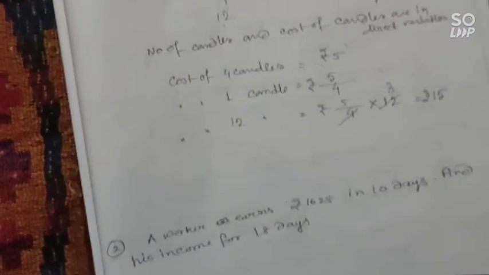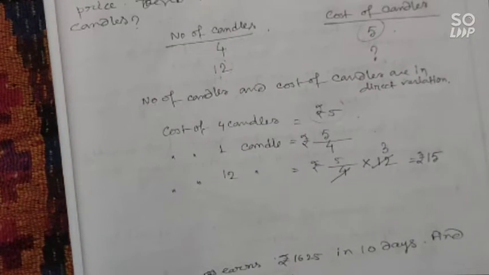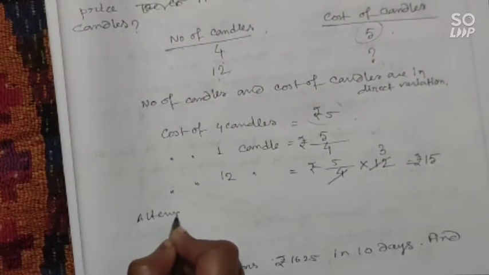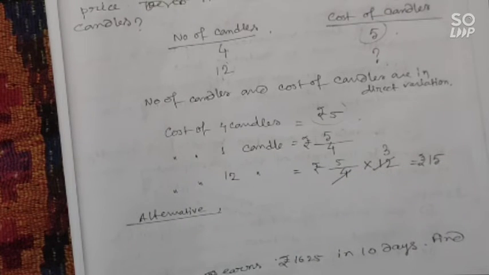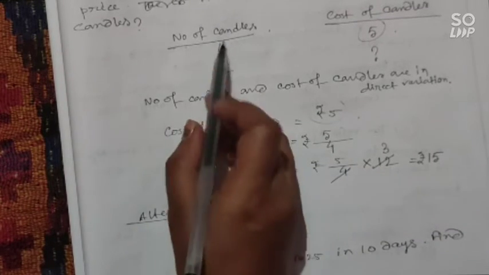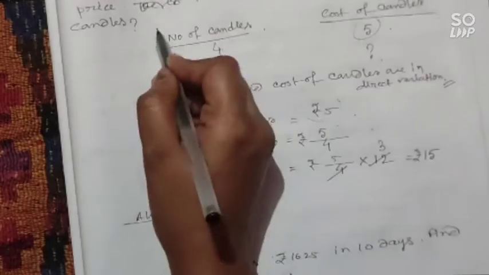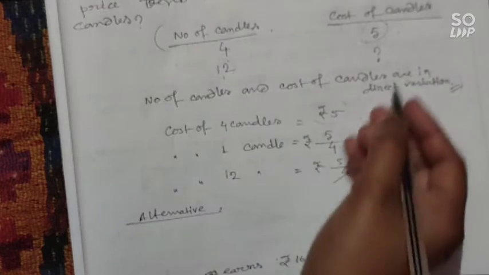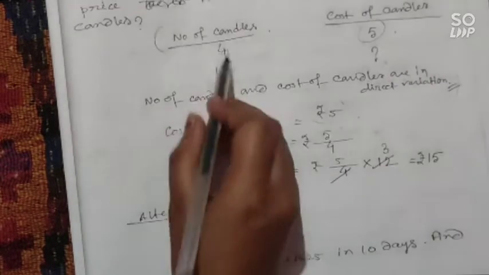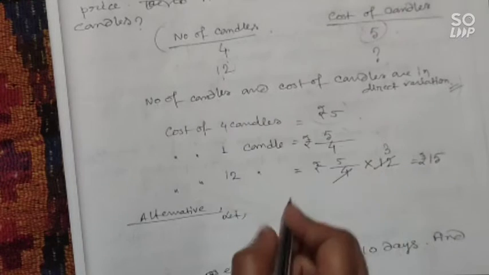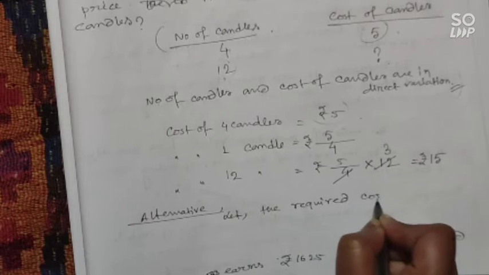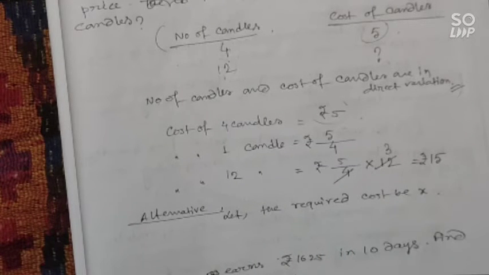I will also tell you an alternative method for solving this problem. First of all, you will make this chart. Then I will tell you an alternative method. If you want to solve the math in another method, then you can use this method. First, you have to continue up to this. এই পর্যন্ত ফার্স্ট করলে এই যে চার্ট করার পরে ডিরেক্ট নাকি ইনভার্স ভেরিয়েশন সেটাকে লিখলে, দেন ইউ হ্যাভ টু অ্যাজিউম লেট দ্য রিকোয়ার্ড কস্ট, এখানে কস্টটাকে রিকোয়ার্ড কস্ট বি এক্স, দেন দ্য